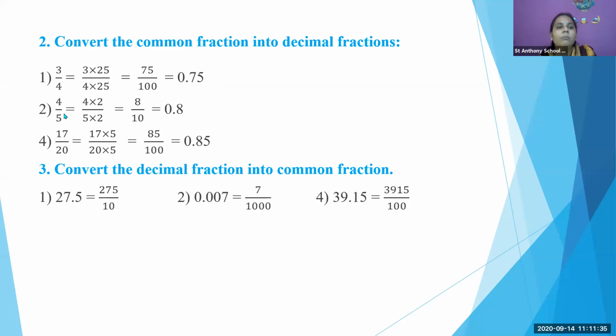Okay. Now, by which number should we multiply so that we will get the answer 10 or 100? 5 2s are 10. So if I multiply this 5 by 2, I will multiply this numerator by 2 as well, so 4 2s are 8. Now 8 upon 10 is nothing but 0.8, because we can easily convert that fraction into a decimal. Only the confusion is there in this part, right?